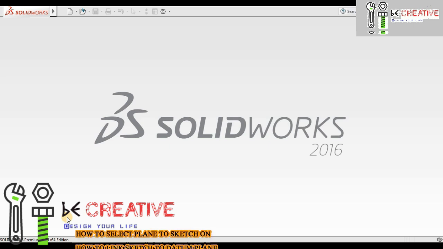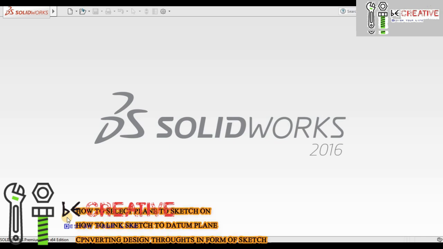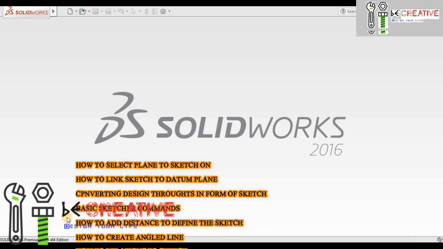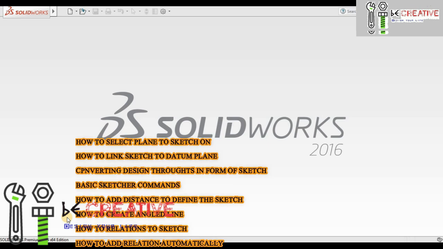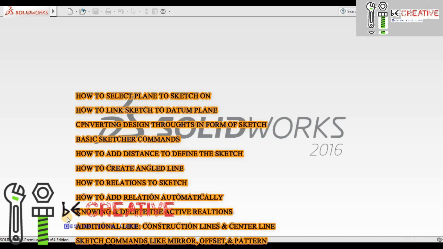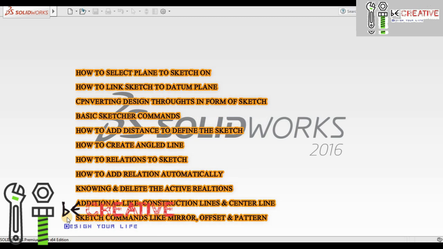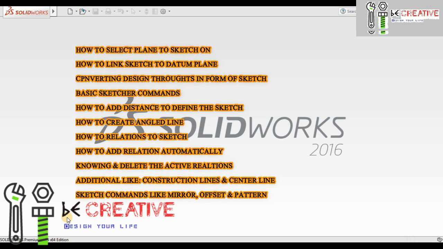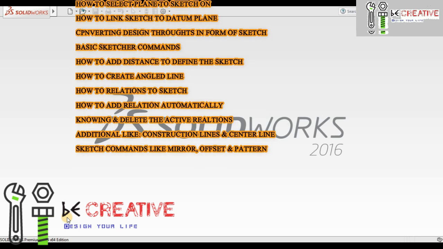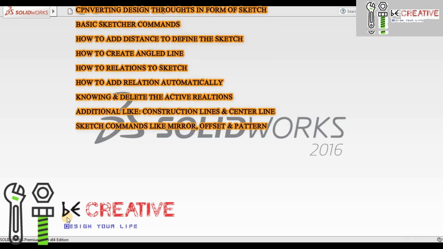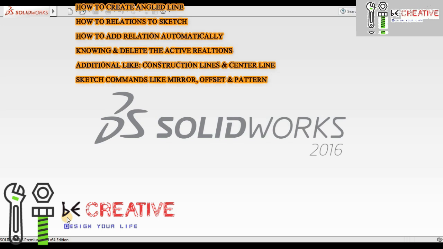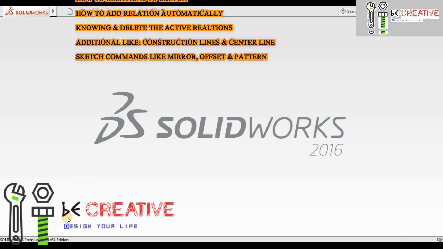In this session, we are going to learn how we can select the datum plane to sketch on, how we can link a sketch to a datum plane, how to convert design thoughts in the form of a sketch, how we can add distance to define the sketch, creation of angled line, adding relations to the sketch, adding relations automatically, knowing and deleting the active relation,